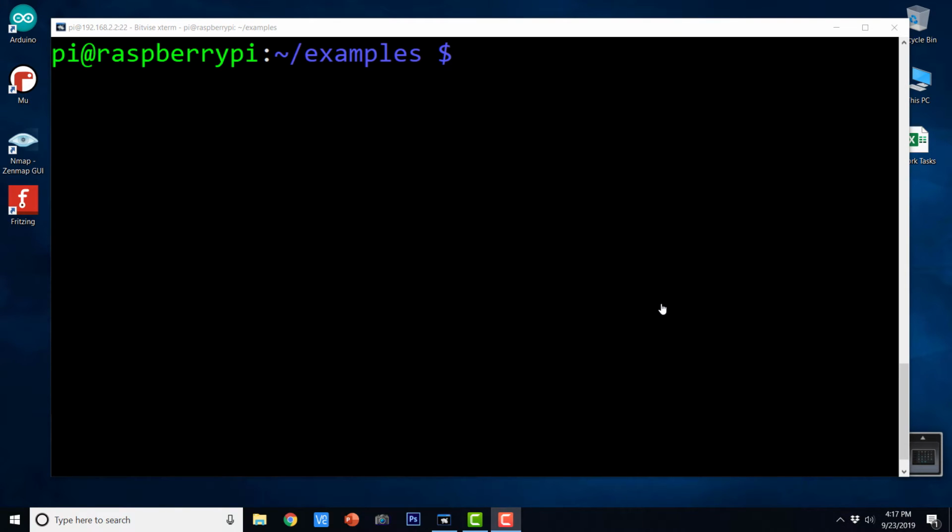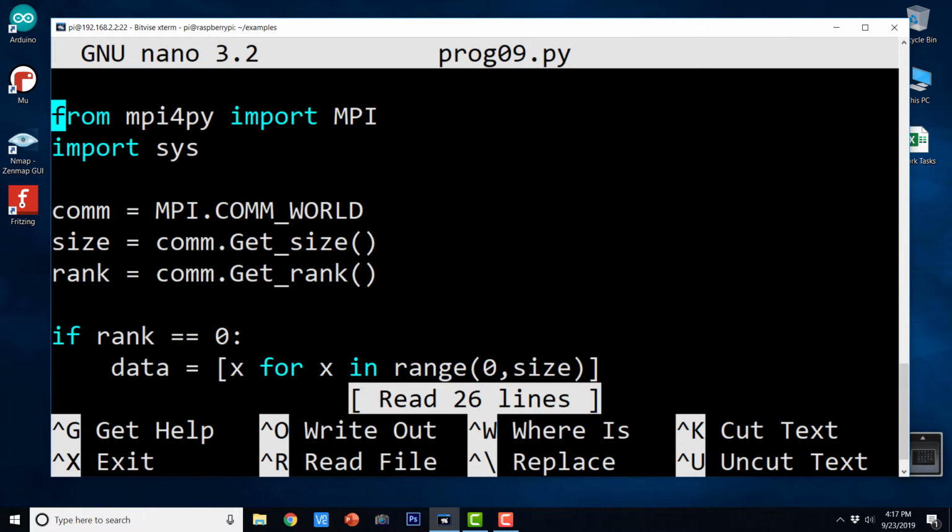In the earlier video lecture, we saw the concept of data scattering. Now we are going to see a polar opposite of that, which is data gathering. The program that we have seen in data scattering, a lot of lines of code will be repeated as it is in this new program. I have already written the program in order to save us the time and effort required for writing it from scratch, and I'm going to explain every line of it.